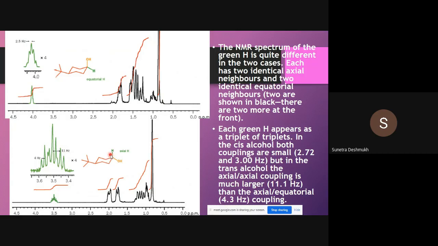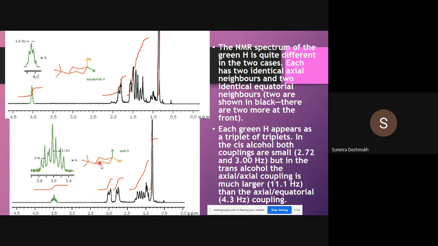That's why the J3 value, the coupling constant value, must be high, that means 11.1 hertz. So here we got 11 hertz as the coupling constant value for this green hydrogen. This indicates that the hydrogen is axial, so definitely the hydroxyl group is present